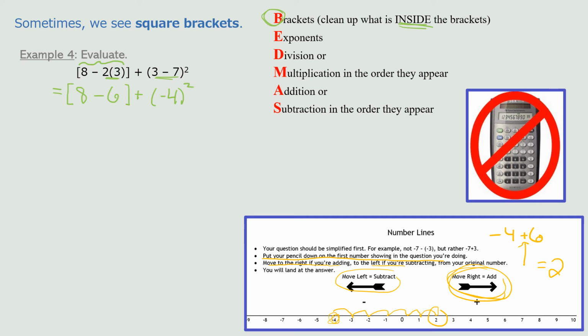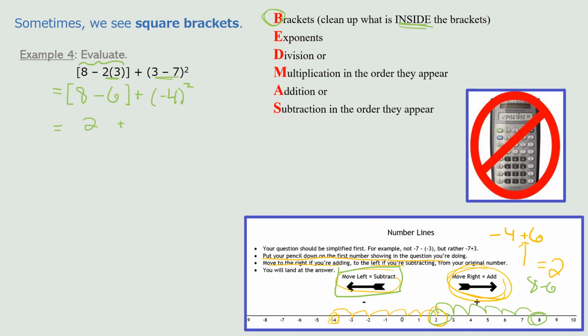So I'm going to go back down to 8 minus 6. And if you can't do that without a calculator, you look down to the number line here in the bottom right corner. I'm going to start at 8. So 8 minus 6, I start at 8 and I subtract. I'm going to the left this time, going to the left 6. 1, 2, 3, 4, 5, 6. Oh, I end up at 2 again. So that's a 2